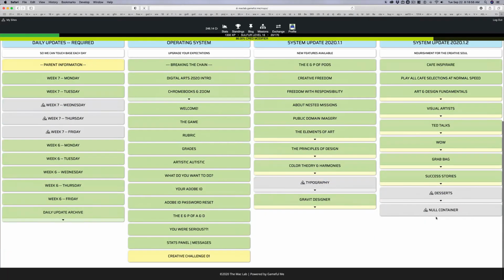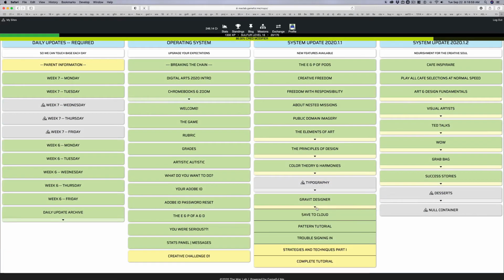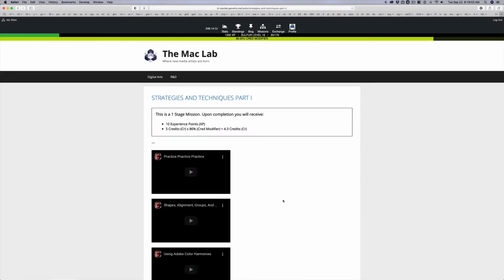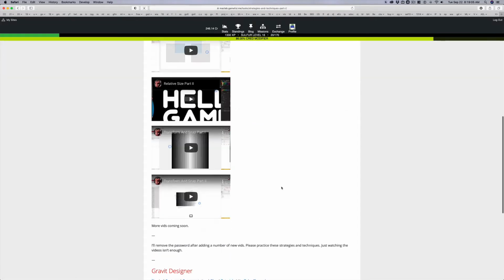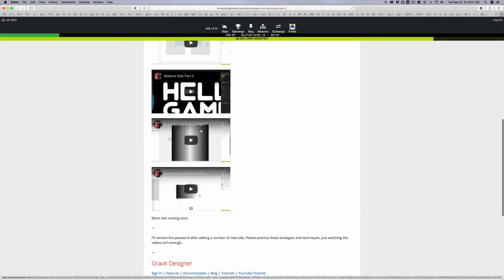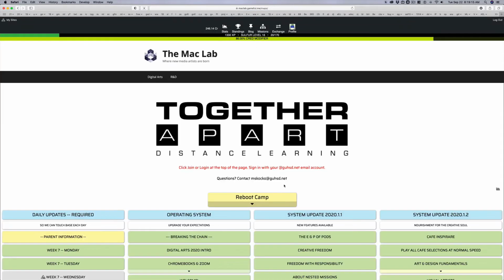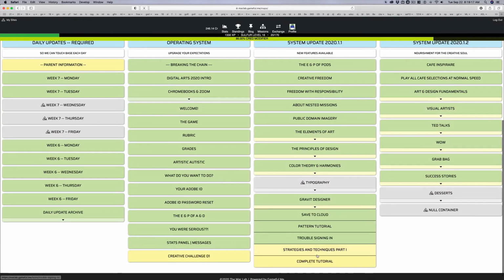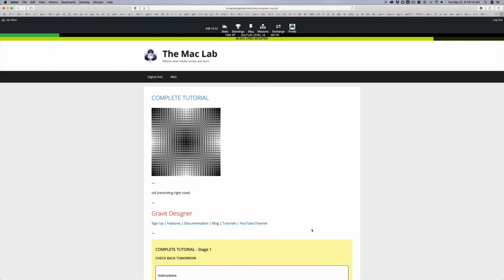Now, I'm going to give you a choice here. In Gravit Designer, the Strategies and Techniques Part 1, I'm going to add probably a couple more here. But when I made this, I had something in particular in mind. And when I go to the complete tutorial, now the reason I made this mission originally was to have you